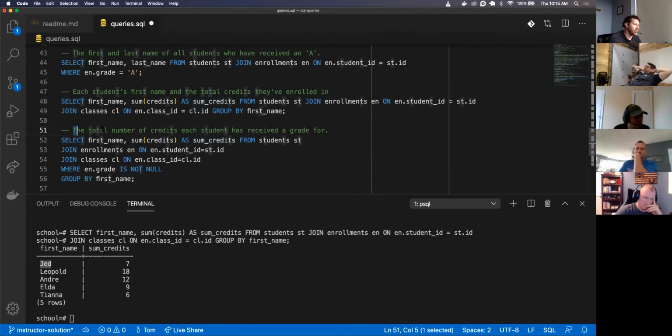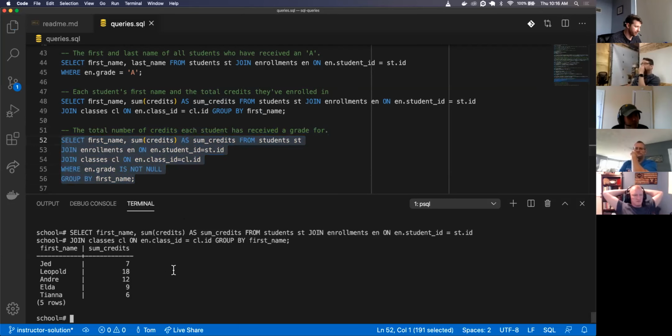So select first name, sum all the credits from the students joining the enrollments on enrollment student ID equals students.id, also joining the classes where the enrollment class ID equals class ID, where the enrollment's grade is not null. So that means there is a value there, and I'm grouping by the first name. Very similar to the one above.